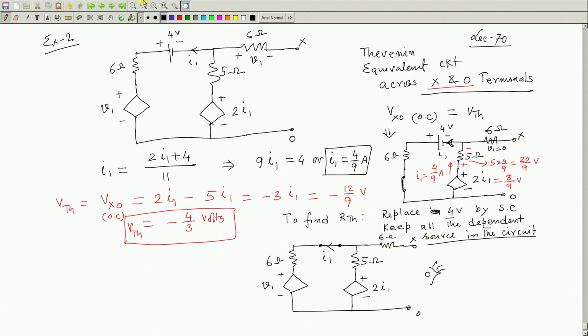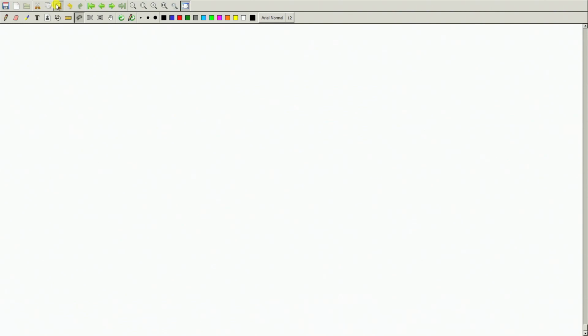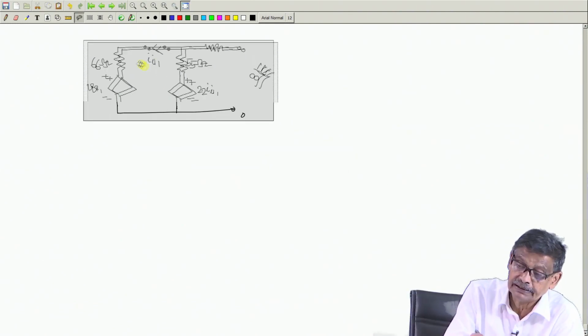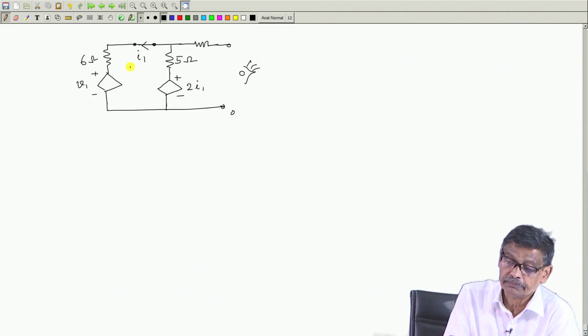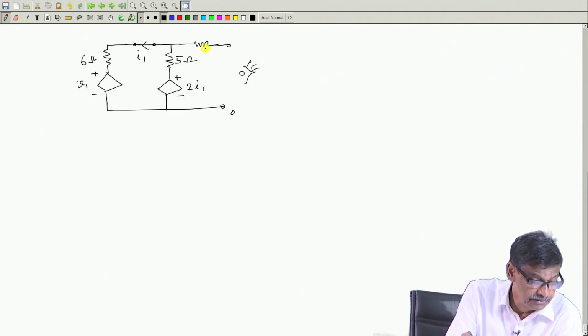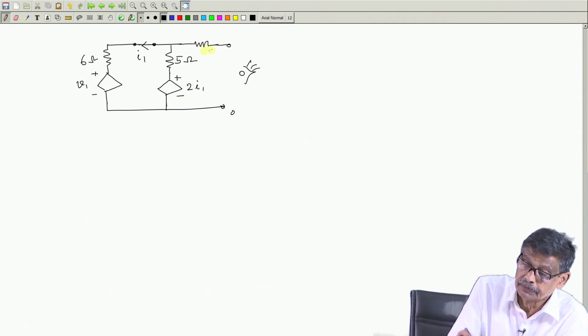Okay. So, 6 ohm, 5 ohm, 4 volt is shorted, that was the independent source. So, this one we will proceed further like this. This is the thing I require. I will copy it and go to next page and paste it. So, to find out Thevenin's theorem, we have this network. What was the value of this resistance? 6 ohm. Somehow that was missed, 6 ohm.